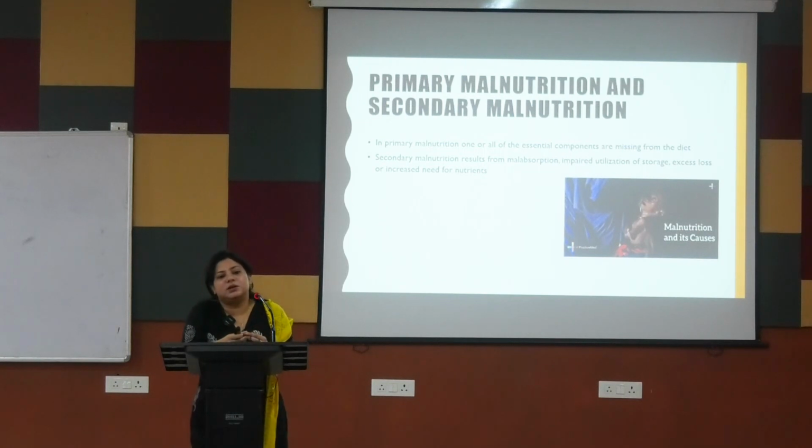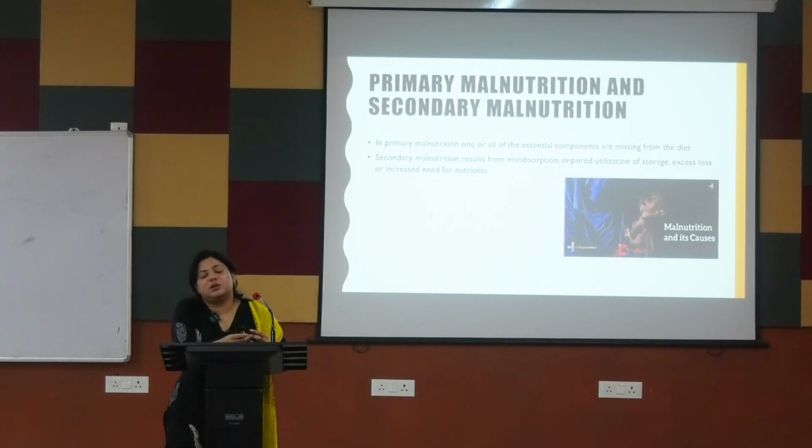Firstly in poor socioeconomic countries. Apart from that, countries which are hit by war, where there is political upheaval, especially among refugees. If you did a survey, your book says that among the children who are refugees from Syria, 60% of the children are suffering from malnutrition, especially protein energy malnutrition. Especially now there are also refugees from Ukraine, right? The book wasn't updated after that, but now there are refugees from Ukraine. So basically poverty and all, you have to write an essay like in English. So that is there. Apart from that,